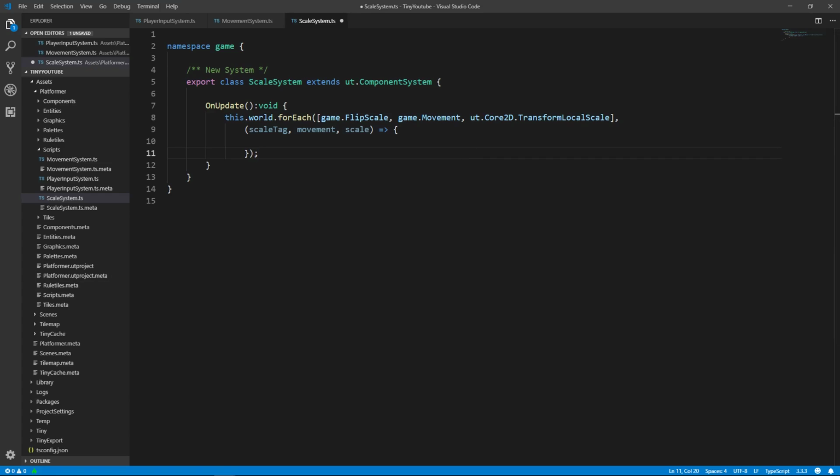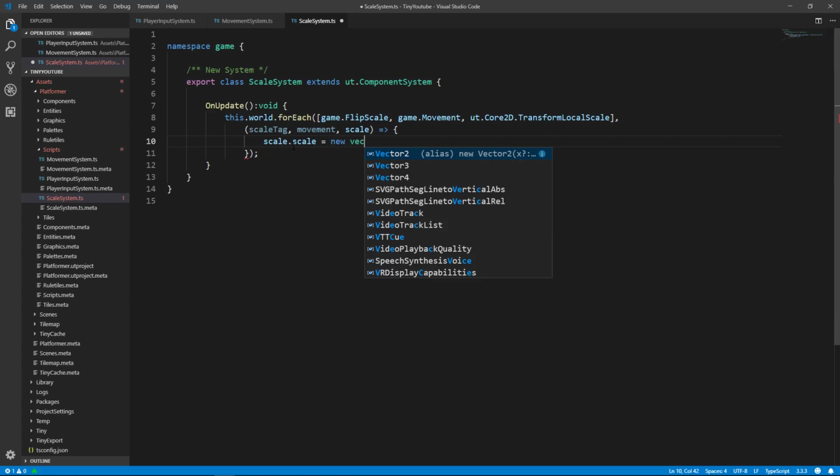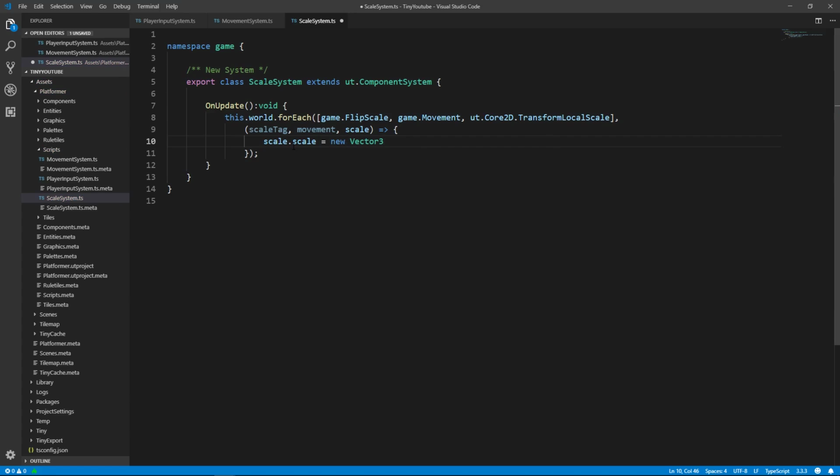Now inside of this system, what we're going to do is say scale.scale is equal to new vector 3. The x is the scale we'll want to change, so I'll just put a 0 for now. We'll leave y at 1 and z at 1. So on our scale.scale for the x position for flipping the scale, when our